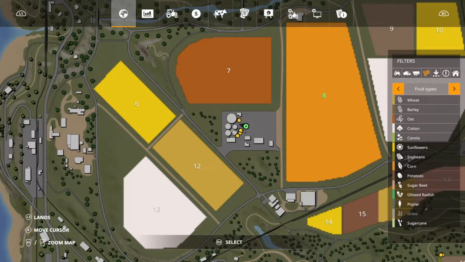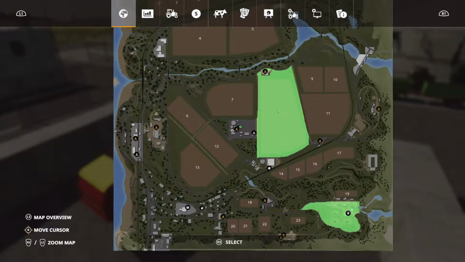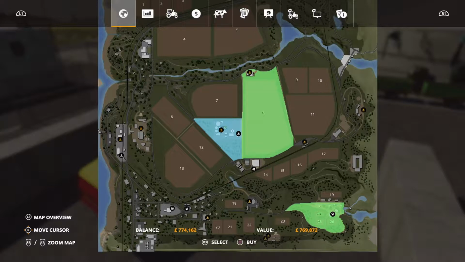So if we go into the buy menu, as you see at Ravenport, it costs a lot of money because you've got a lot of extra land around it. 769,000. So now if we buy that,